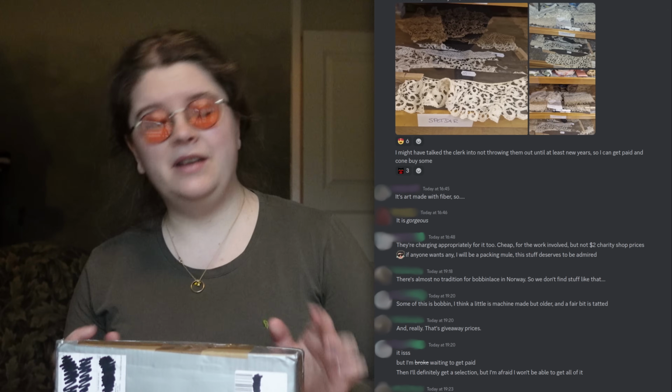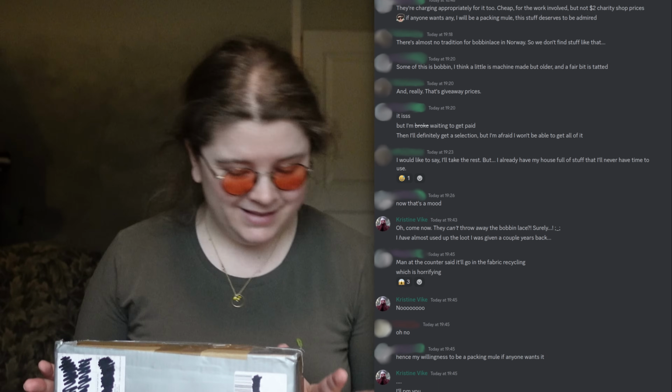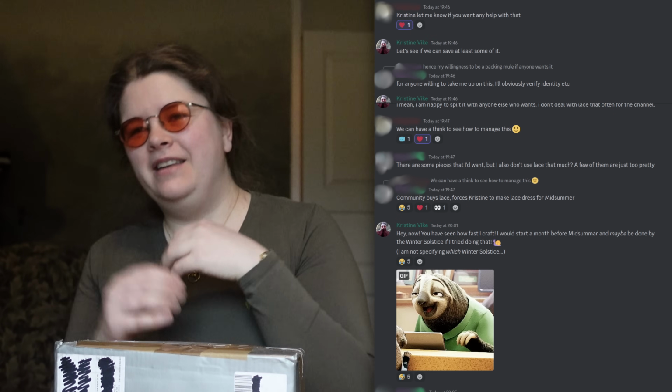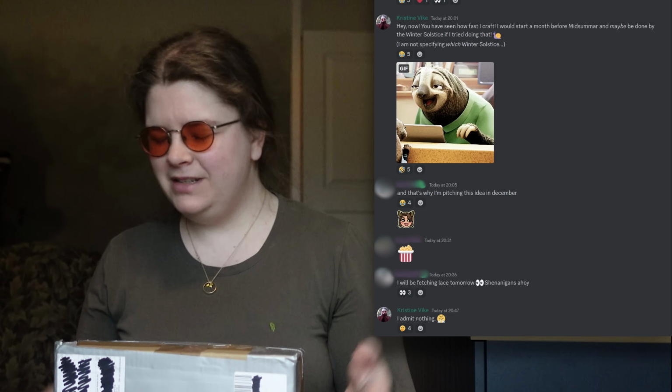Hello, we have more exciting but also quite intimidating packages. This one from a community member who, we were talking in the Discord, and they had discovered their local charity shop was going to throw away a lot of handmade lace because no one was buying it. So a couple of us pulled together and contributed so that this person could buy all of it, and then we would ship it off to different people. And so we did, and this is my share, or conceivably my share plus some extra surprises,